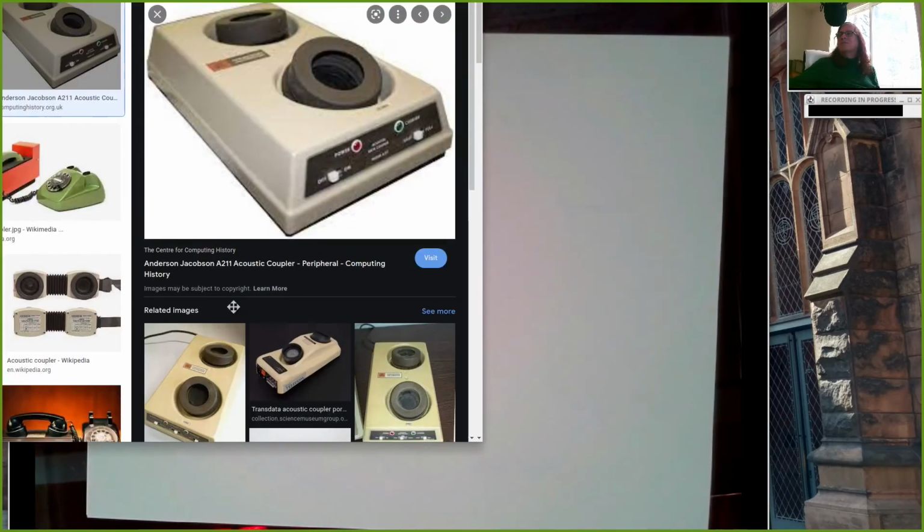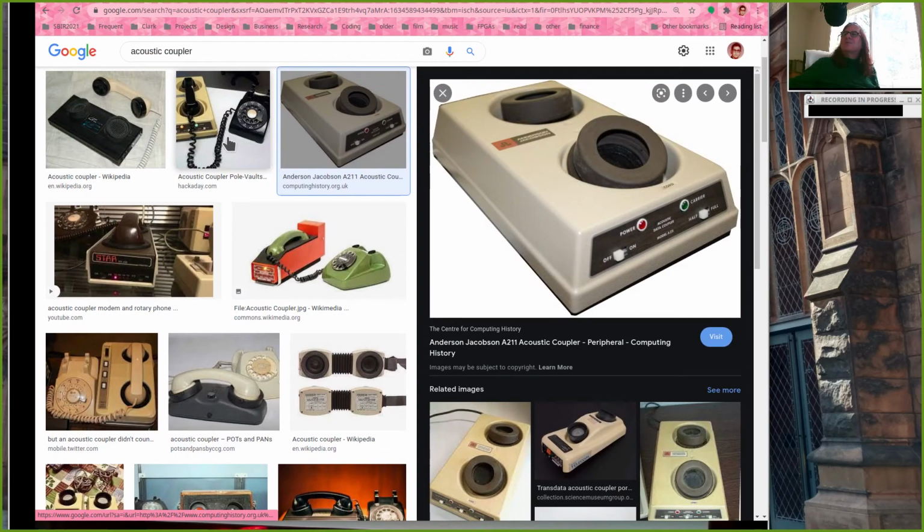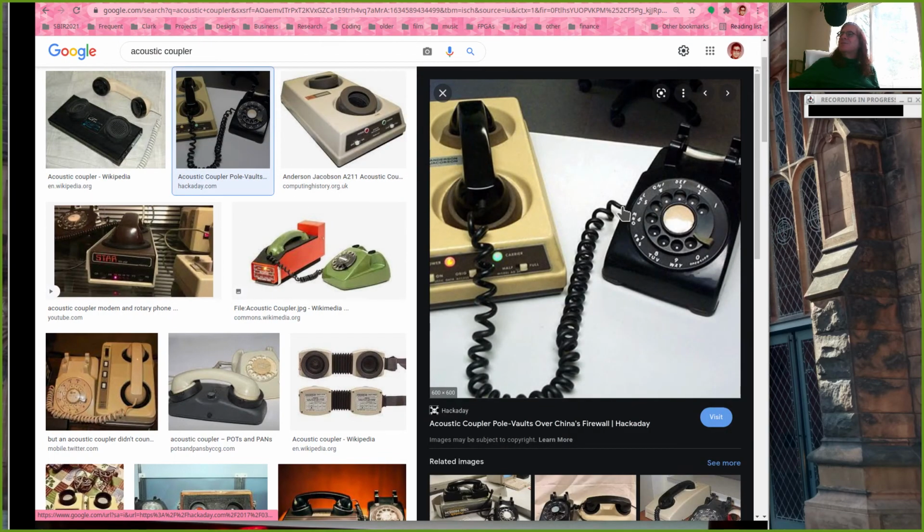And this was somewhat error prone. The earliest versions of this used audible tones, sent from your computer to a phone, and they would just transmit as audible signals. It was a cool technology, but somewhat error prone. So with these acoustic couplers, you would dial up the number you were trying to connect to, and put the handset into these two suction cup things that would give you some kind of sound barrier,